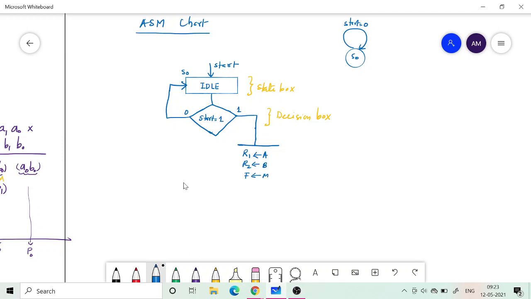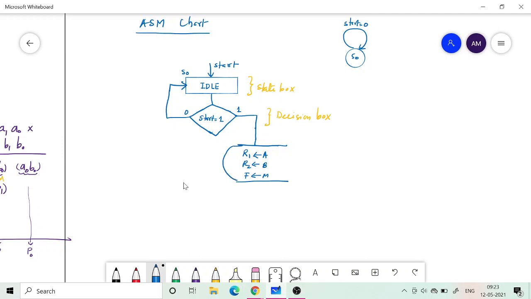These are the things that we need to specify. Since it depends upon the condition whether start is equal to 1, there is a different style of drawing here.